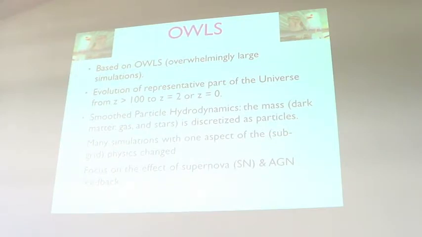We use smooth particle hydrodynamics, which means that the mass is discretized as particles, and we have dark matter as well as gas, and then gas follows a star formation prescription and can turn into stars. The idea behind these simulations is that they're all very similar, except for one aspect in the simulation. So in some simulations we do not have metal line cooling, in some simulations we've added AGN feedback, and then the idea is that we can